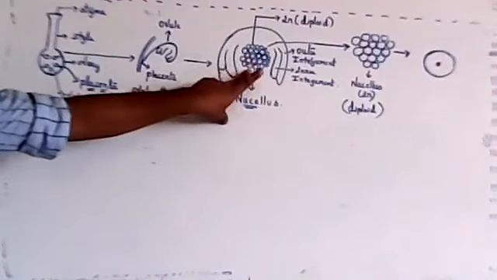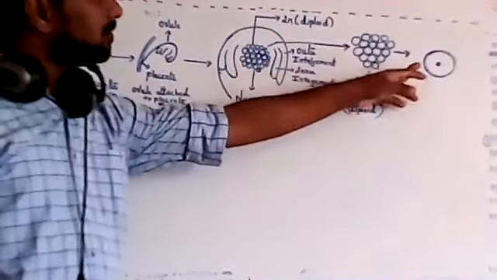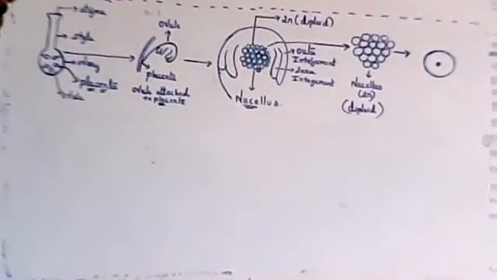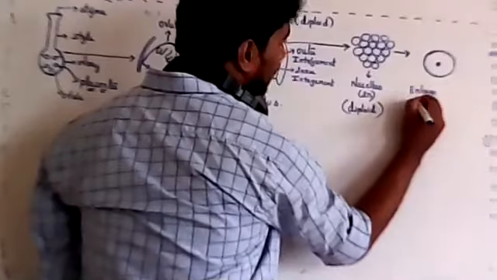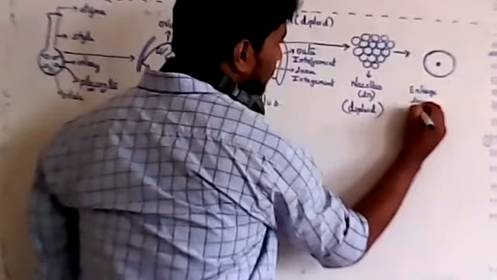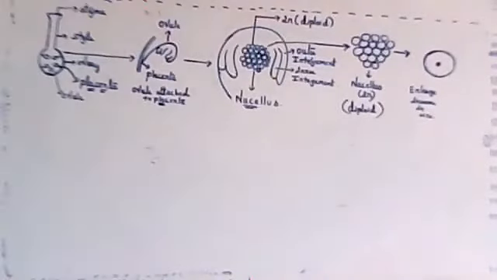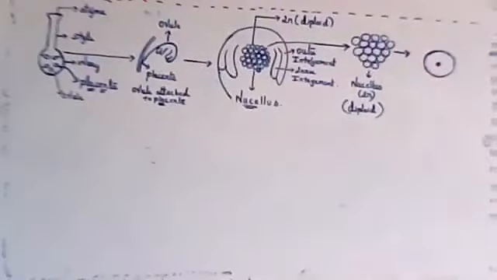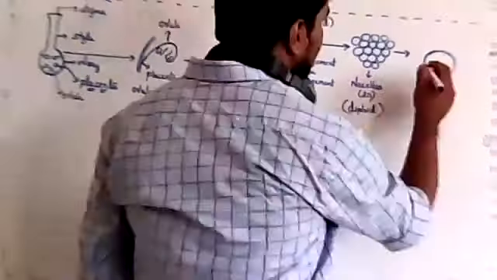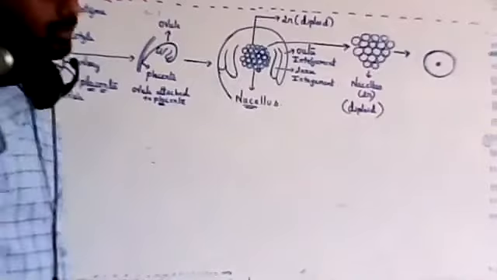Inside the ovule there is a group of cells which is known as nucellus. In the nucellus only one cell will enlarge or increase in size. Whenever a cell wants to increase in size, it will increase its cytoplasm contents. If the cytoplasm content is increased, then the cell will increase. So only one cell among them will increase in size.